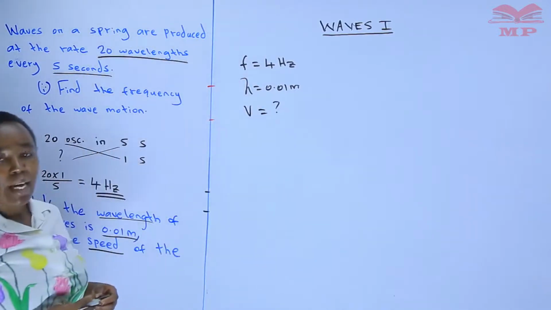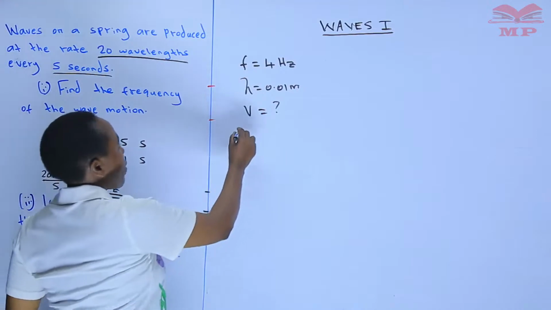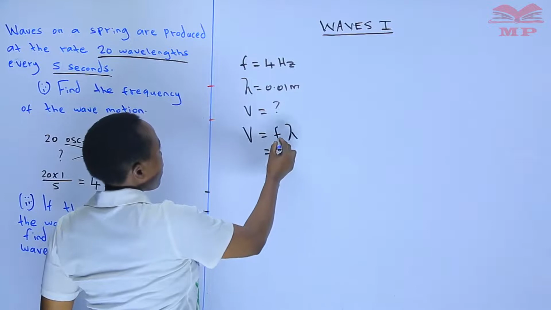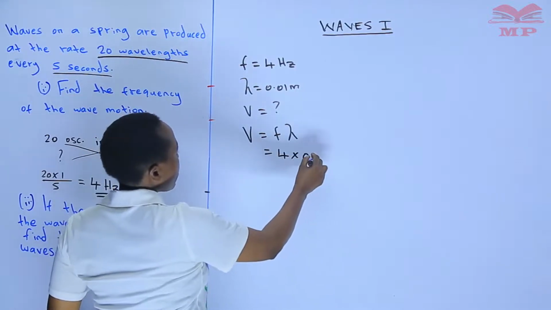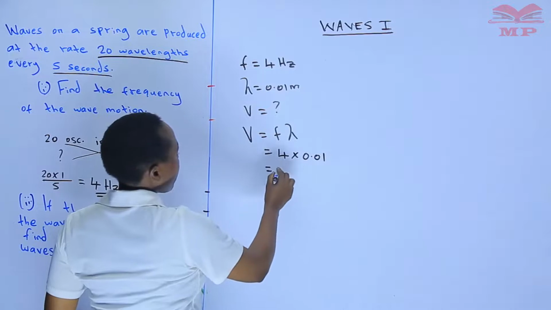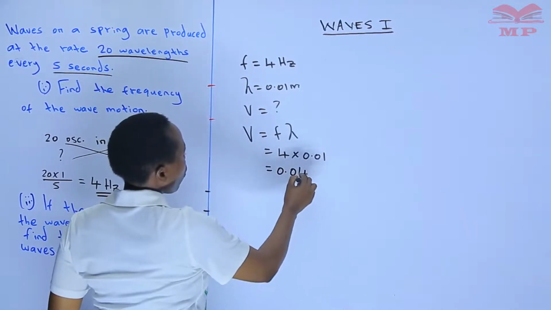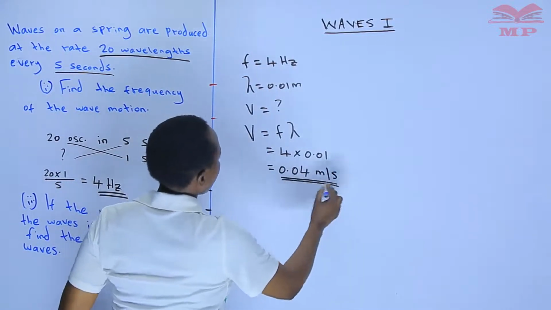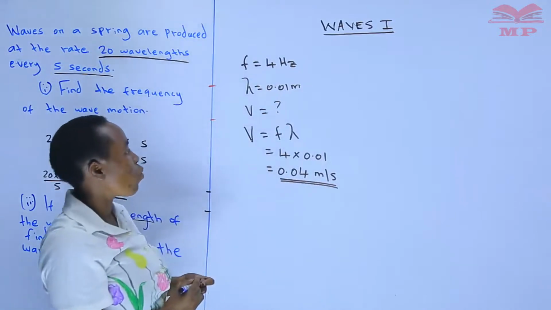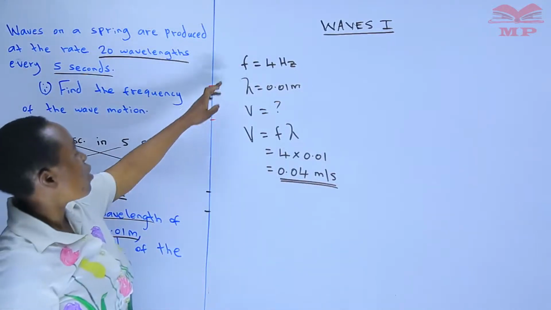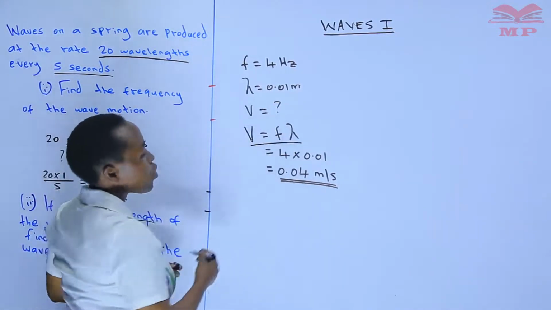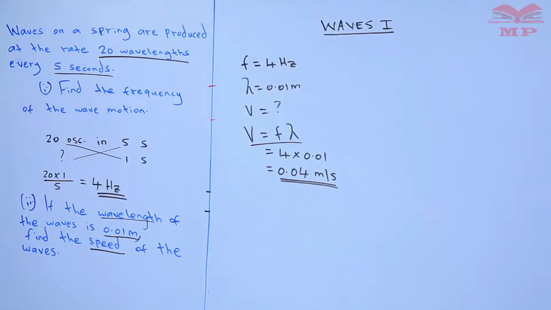So here we again apply the wave equation, whereby the speed will be frequency multiplied by the wavelength. The frequency is 4, the wavelength is 0.01, and therefore we end up getting 0.04. It is the speed, which is in meters per second. So that is the velocity, or what we are calling the speed of the waves. So when you have this, you can simply apply the wave equation. Finally, in that question, Roman 3,